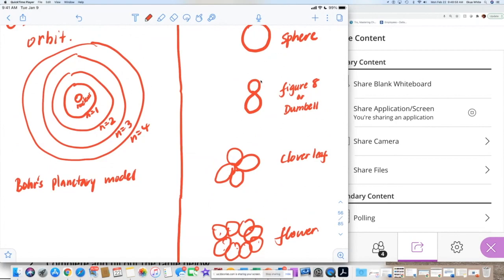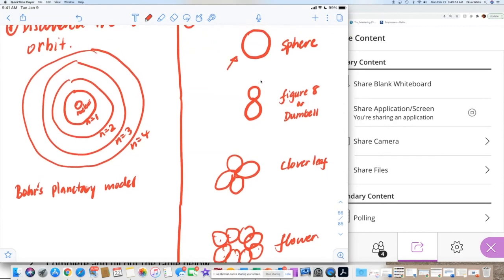Now, why did Bohr just see a simplistic view of what's actually happening? Technology makes a difference in the discovery in science. Bohr's time was way before the quantum mechanical model group of scientists, right? So this is all he was able to see. He was able to see the spherical shape. He didn't even see it as a sphere. He saw it as 2D, right? And it was limited, but he saw this over and over again, which is why they say that his model works best